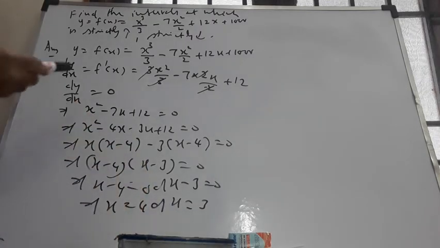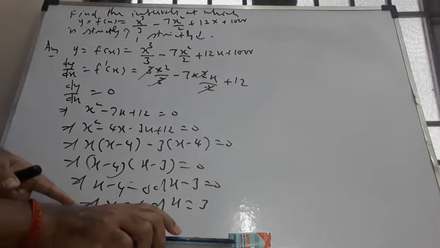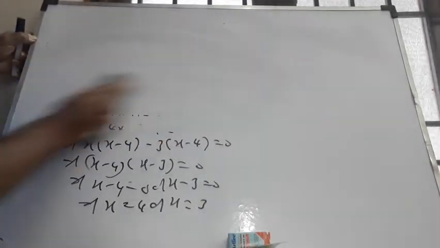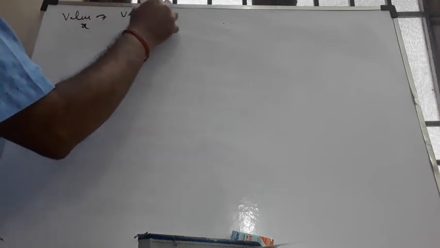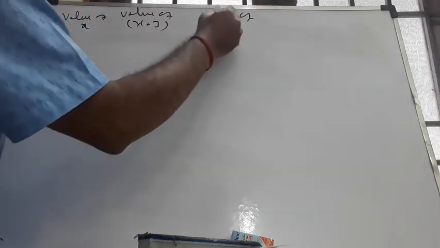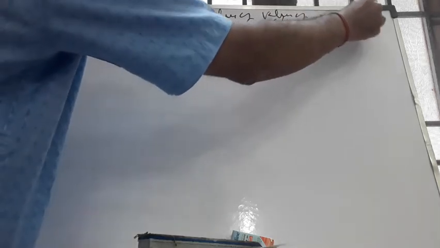I have done nothing. I have differentiated, I have equated to 0, and I get two values, 3 and 4. Let me rub the whole thing and continue; it's easier to explain. Now the remaining part over here: let me write value of x, then value of x minus 3, then value of x minus 4, then value of f dash of x, then I will give the conclusion on the nature